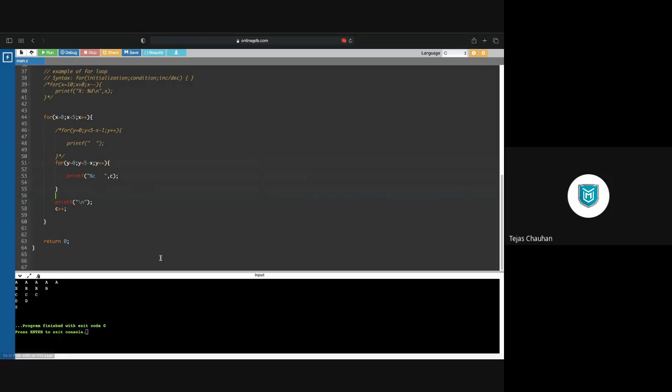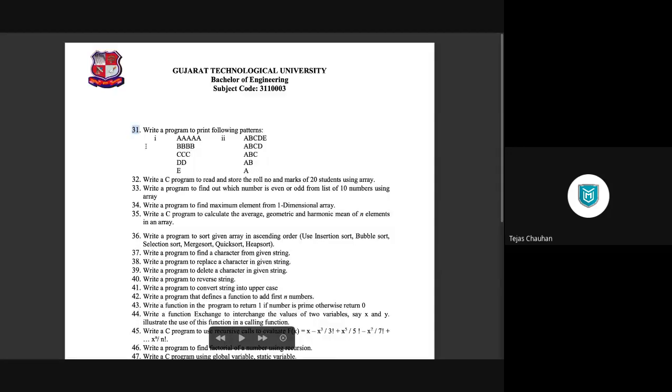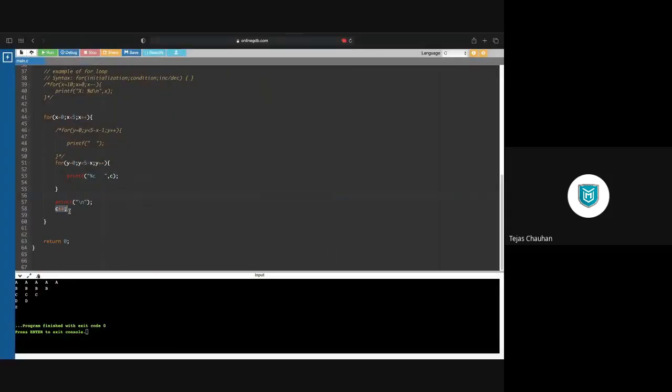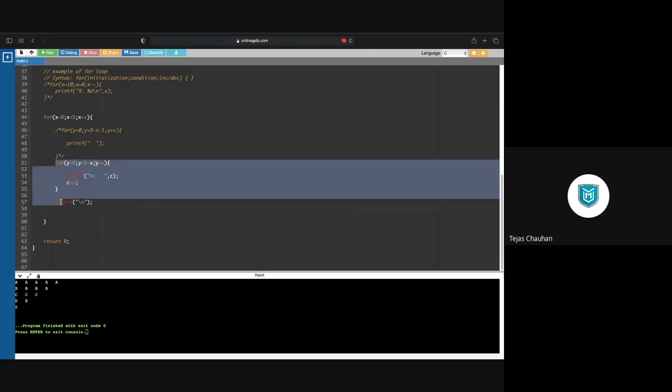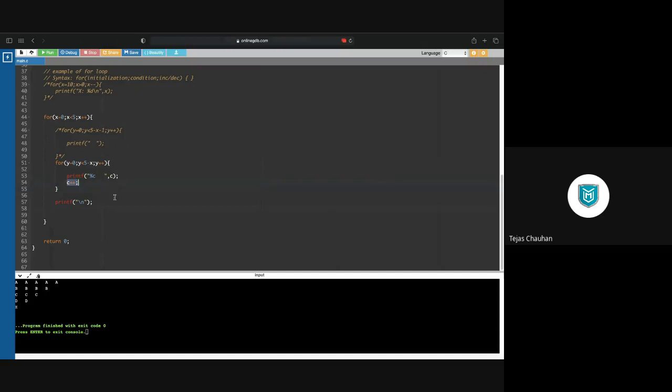So this one is the 31st program. In the 31st second program, every column needs to be updated. So that was the earlier one. Every time you want to update, once you print A, next time you are going to print B. So in this loop itself, you make it plus plus. But every time you start a new row, you are going to start with A.